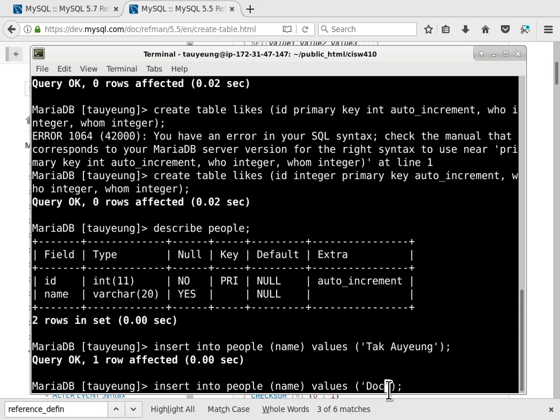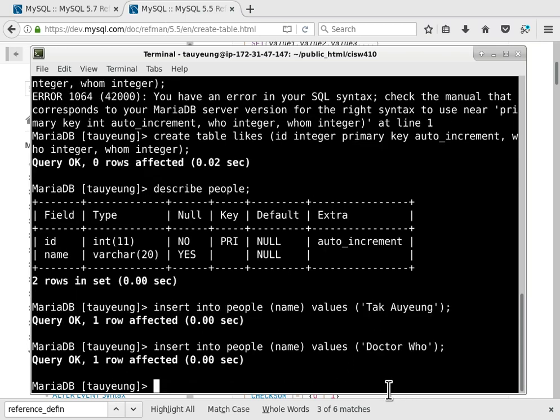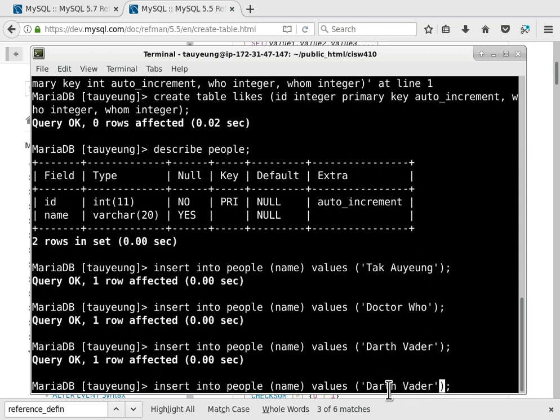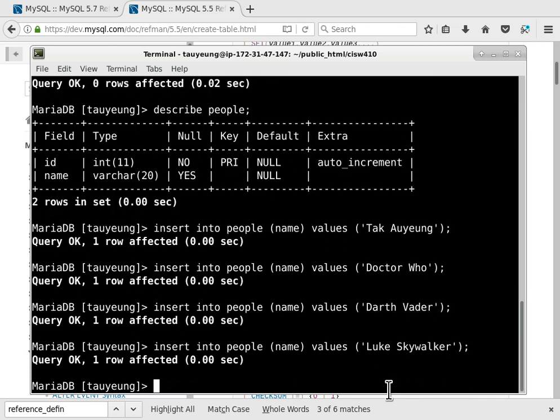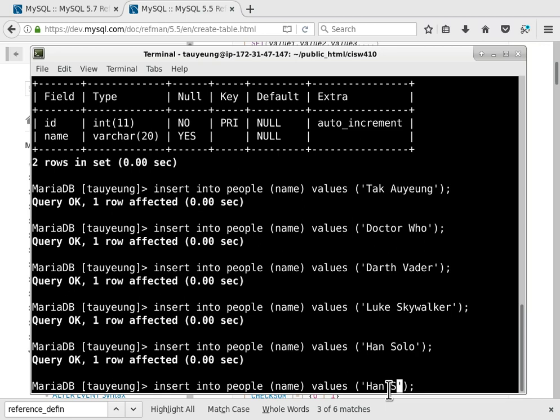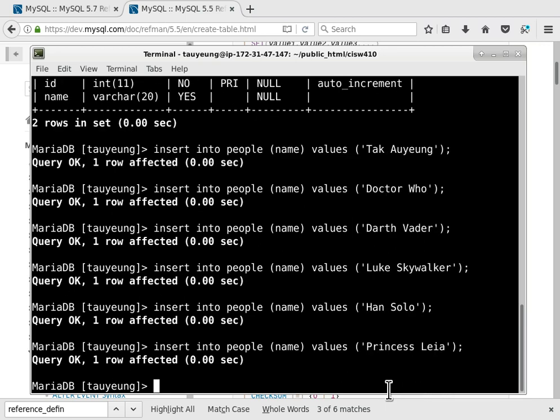We'll say Doctor Who, Darth Vader. Okay. Well, since we have Darth Vader, we'll have Luke Skywalker. We'll have Han Solo. We'll have Princess Leia, and so on. Okay, so with all of these entries added to the table, we'll do a quick select all,